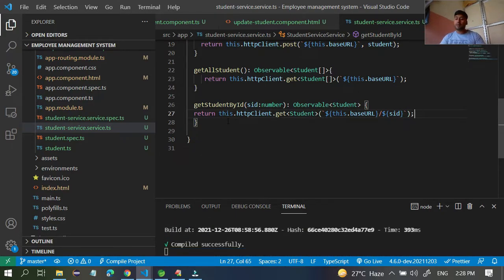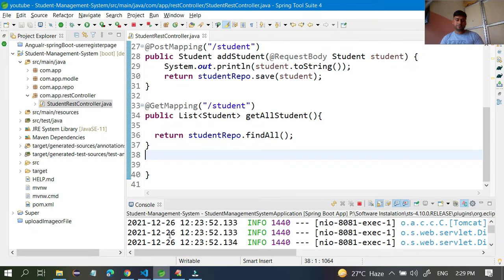That's it. But right now this method is not available on the server side, where the API is called, so that section you also have to do. So go to your API.